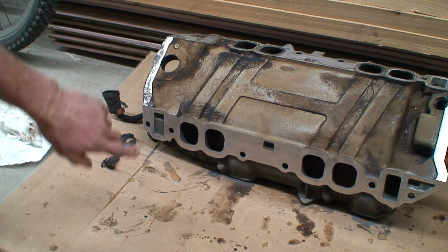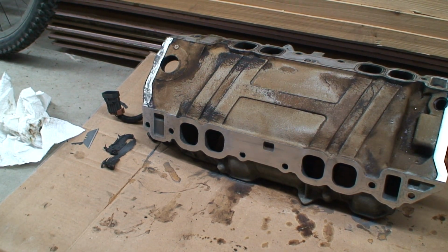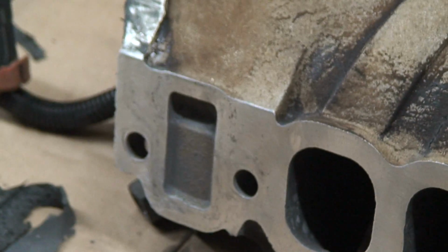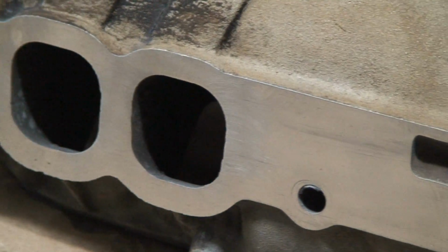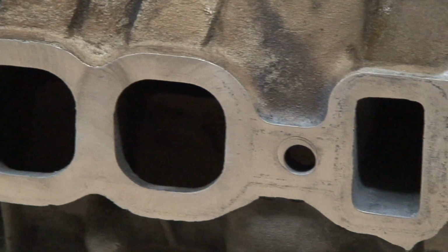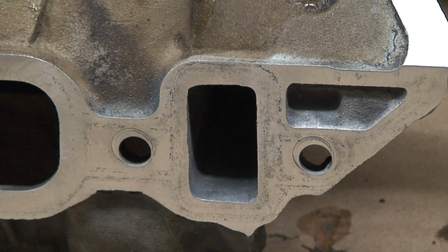Yeah, you can see where the coolant ports are. It's a little more pitted. Let me zoom in on that for you a little bit. Doesn't polish up quite as well as it does on the intake ports. Intake ports, you can see they're all nice and cleaned up. There we got some rough again around the intake ports on either end,